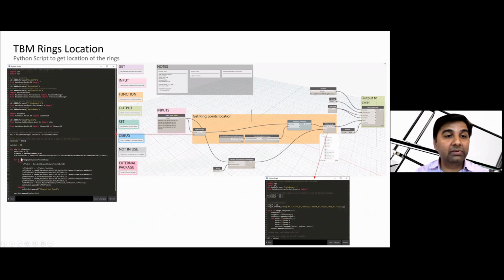After unwrapping, these elements are made up of adaptive components. So these rings have two points, a start point and an end point, and in this script I am reading those start and end points. First, I need to get the information about the placement points.